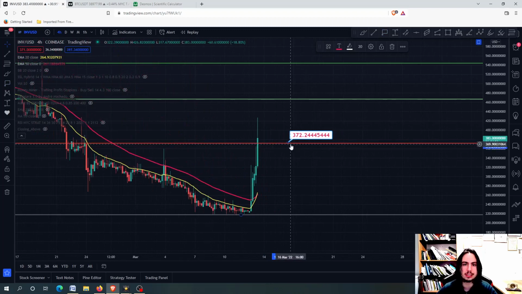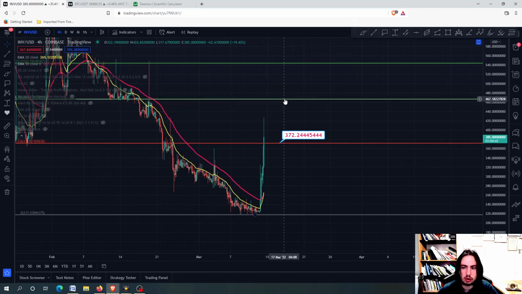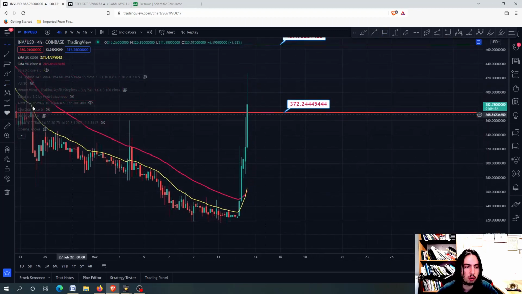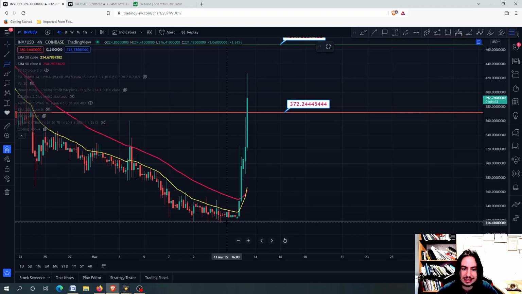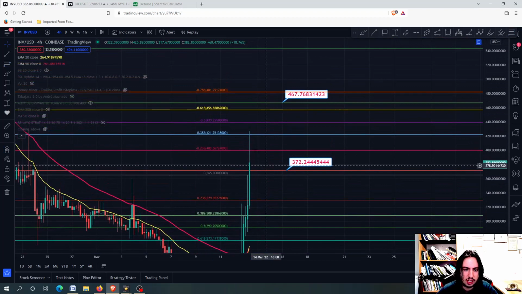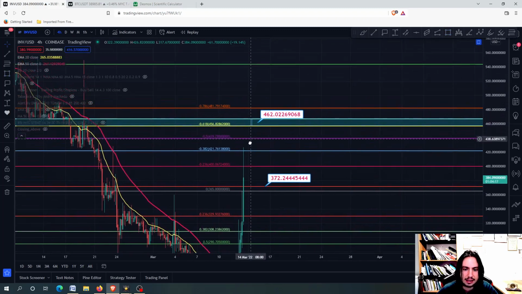On the 4-hour frame, this means the body of the candlestick has to close above the 372. If we do not do that, then we are going down. Next stop would be the 467. Can we manage to do that? Let's draw another tool, the Fibonacci retracement, this time from this bottom up all the way to the top where we had the little sell pressure. You can see that it is also the minus 0.618, very close to the target here. So yes, we could eventually be going all the way up to this area and then we correct.